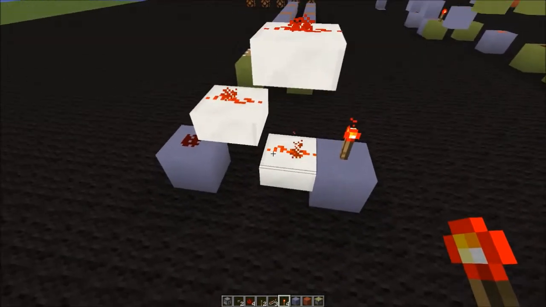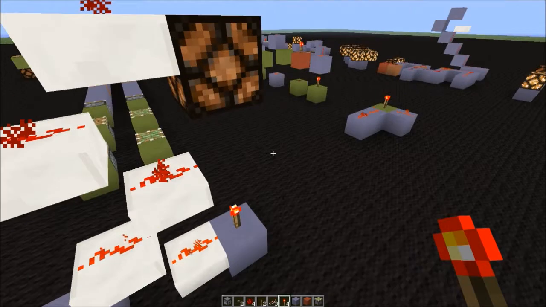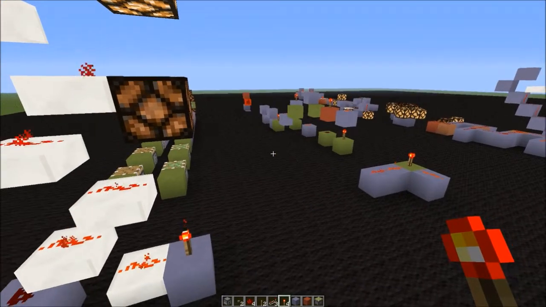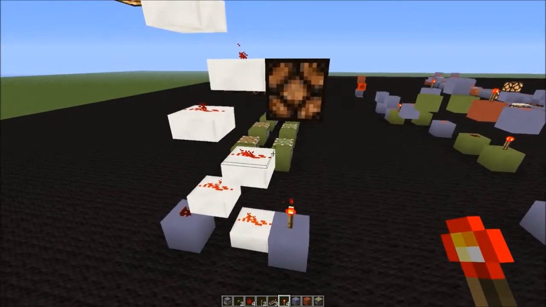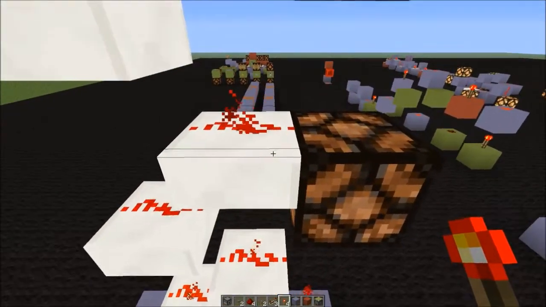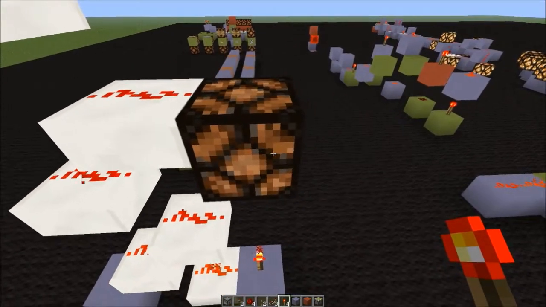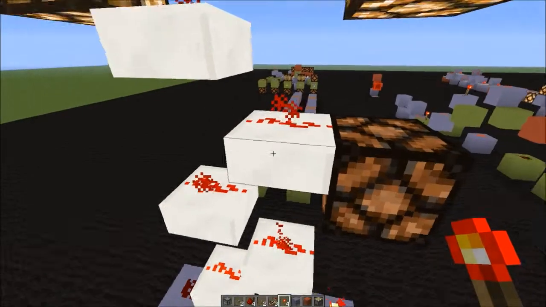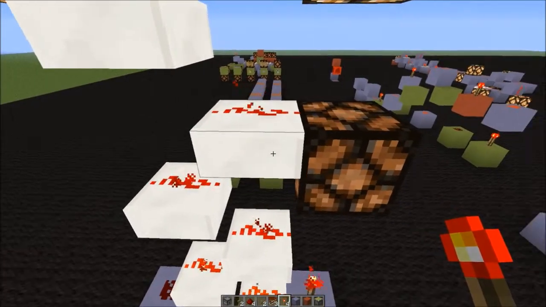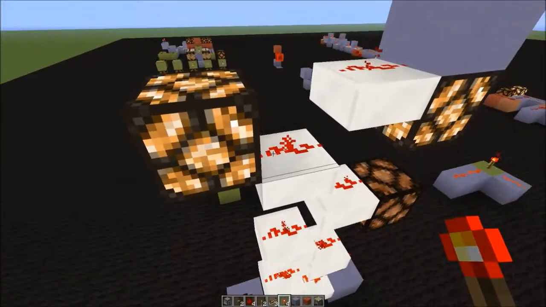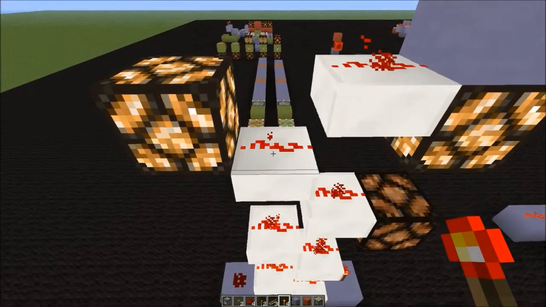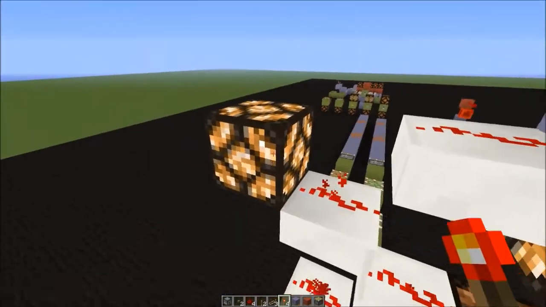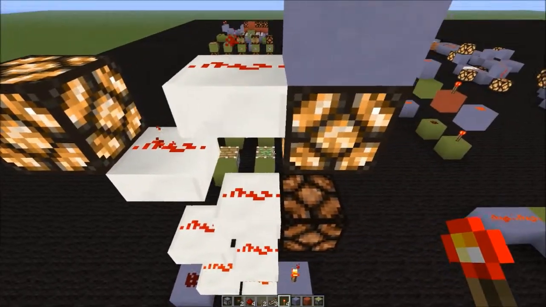Okay, so this is pretty useful, but it has some downsides. As we have seen last episode, half slabs don't get powered by the redstone itself. So if we put a redstone lamp or any output down here, it won't get powered because this half slab itself doesn't receive power. If we connect the redstone lamp or any output directly to the redstone wire, since it's pointed, that works. And what works else is if